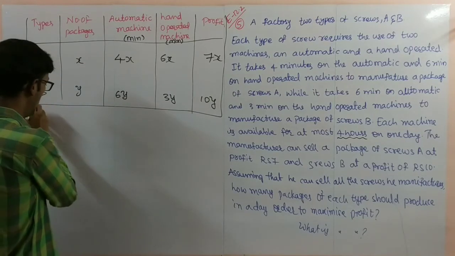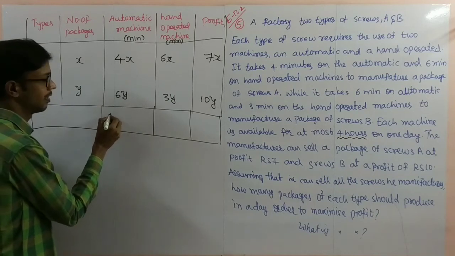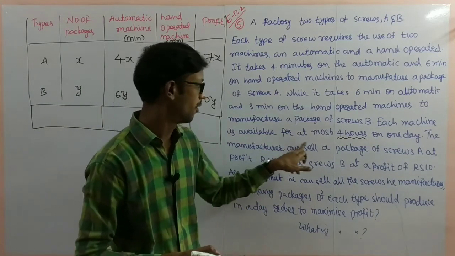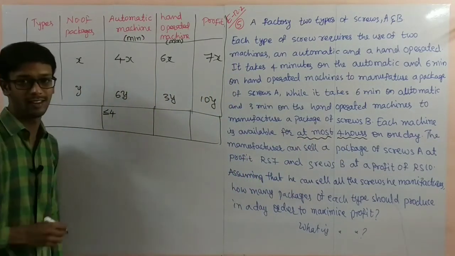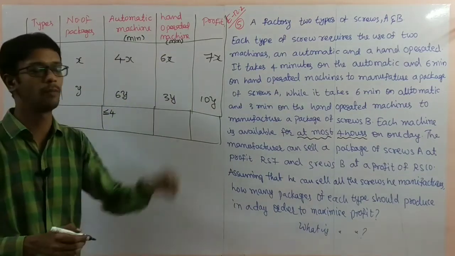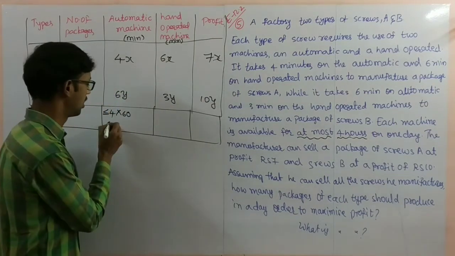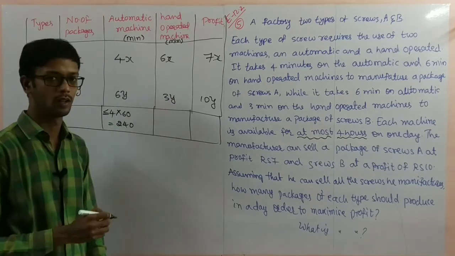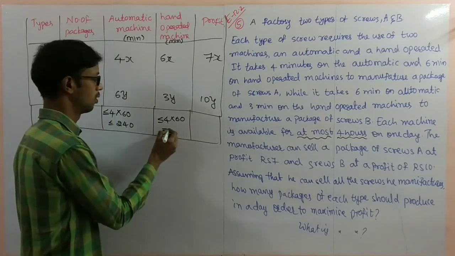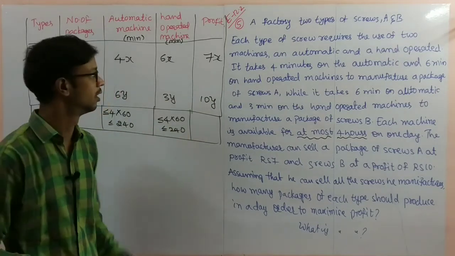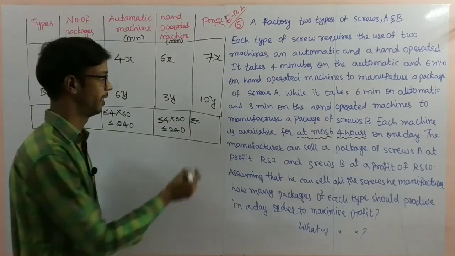Next one, this is very important here. You can see for at most, less than or equal to 4 hours. This is in hours, but the total question is in minutes. So into 60. 1 hour equal to 60 minutes. So into 60, that is 240 you will get. Here also the same: 4 into 60 is equal to 240 minutes. So total in minutes. And the maximum Z is asked, maximize the total profit.